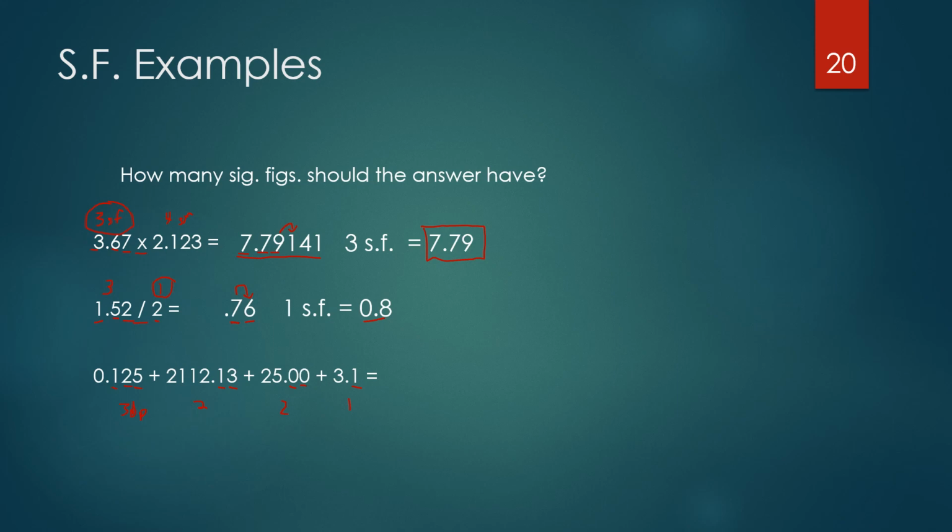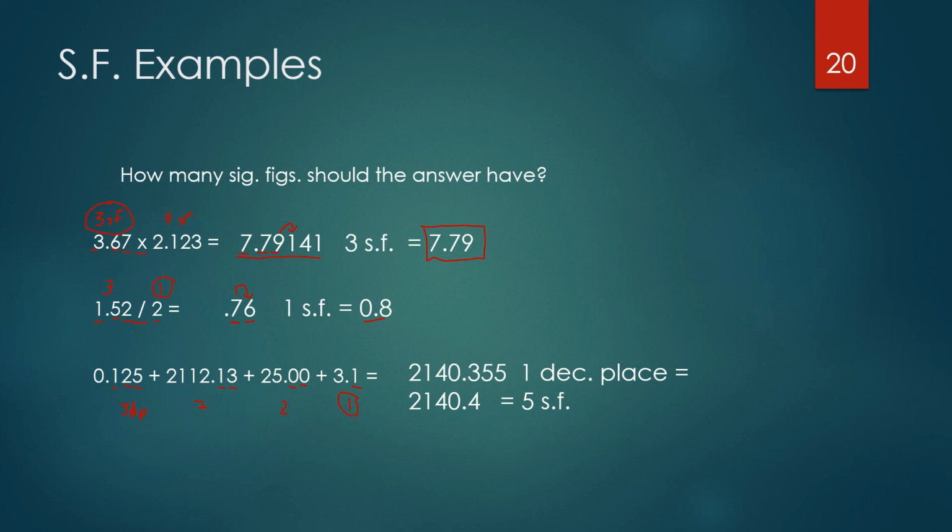Just like with multiplication and division, we're going to pick the least, the smallest number. The difference is we're looking at just the decimal places, not the numbers as a whole. So looking at these, I got 3, I got 2, 2, and 1. So 1 is clearly the smallest number. What this means is when I report my answer, I'm going to go out 1 decimal place. That doesn't mean I'm going to have 1 total significant figure, it just means I'm going out 1 decimal place. So let's see how that looks. When I get the answer, I get